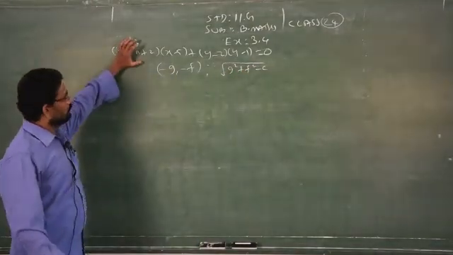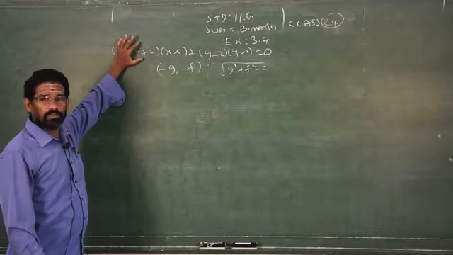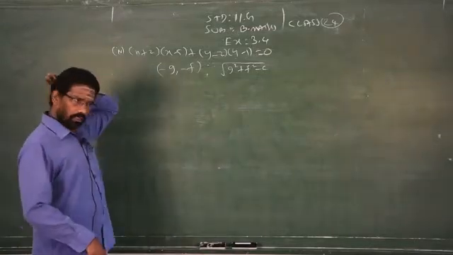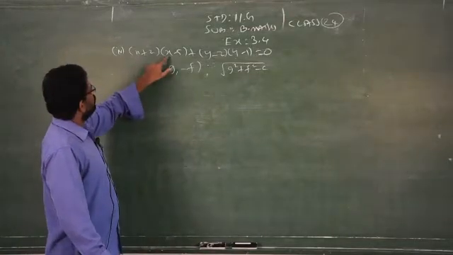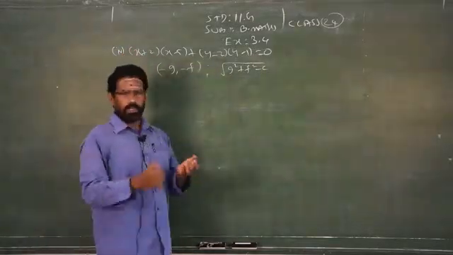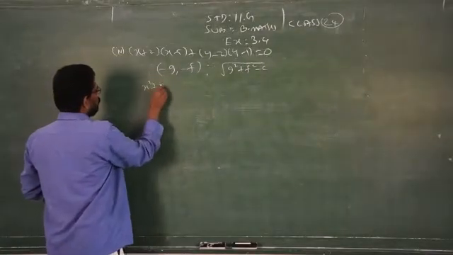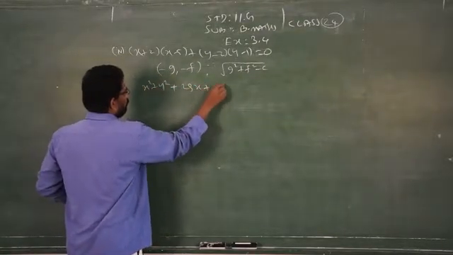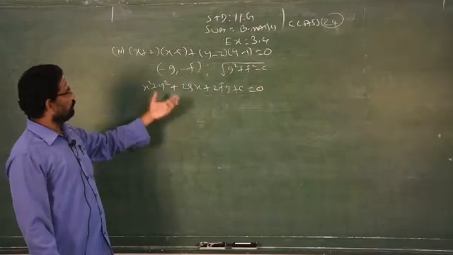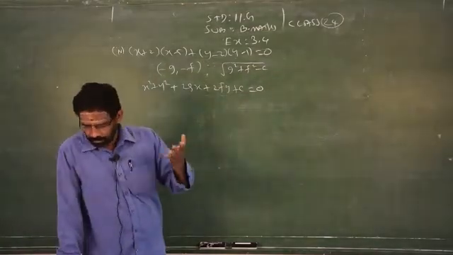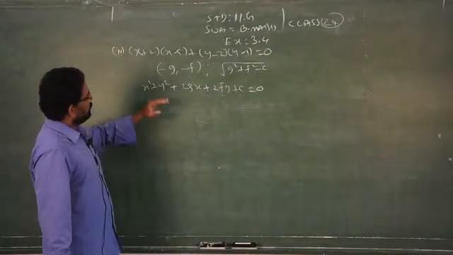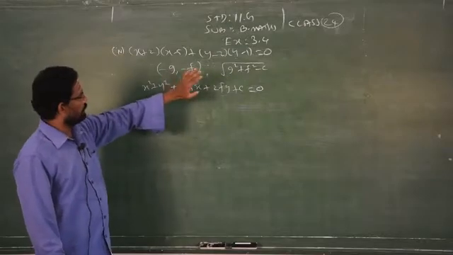Clear? So this is not a general equation of a circle. There are two methods to solve this problem. One method I told you already: you multiply these two by using algebraic multiplication, and these two also, then you have to rewrite it in the general form of the equation of the circle. Then you apply, as we saw in the previous problems, how to find g and f. Just find g and f and substitute in these two formulas, you will get the center as well as the radius.